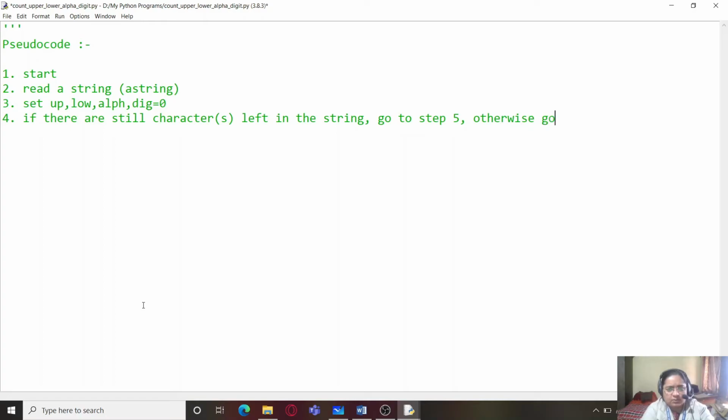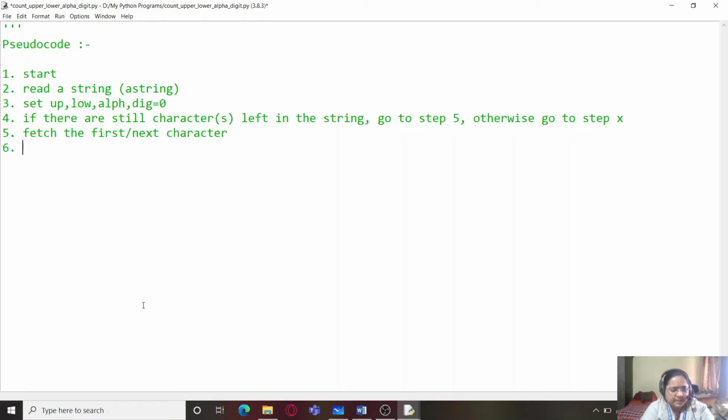Otherwise go to step X. We don't know what is in X. So in step 5 it will be fetch the first or next character.